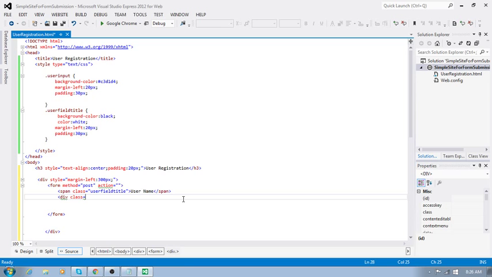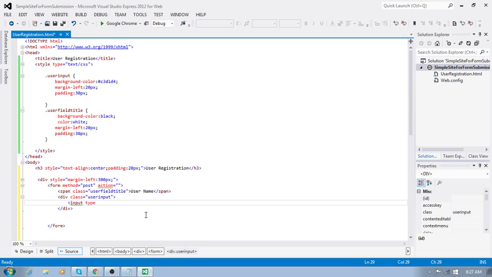Div class equal to user input. For this I am trying to apply that particular style. So this div is going to be shown in the background color for us. Now inside this I use input